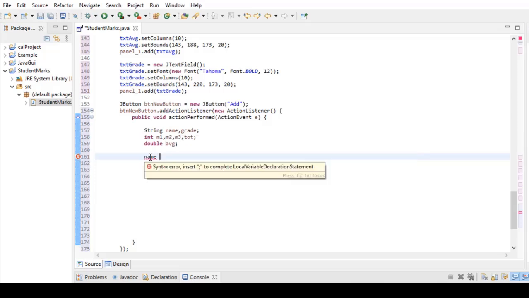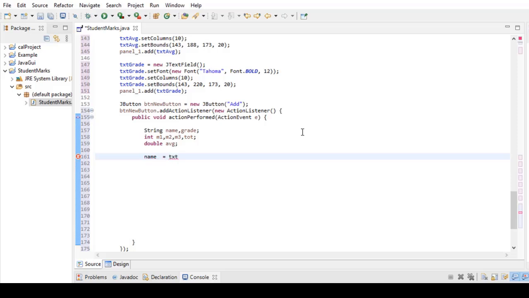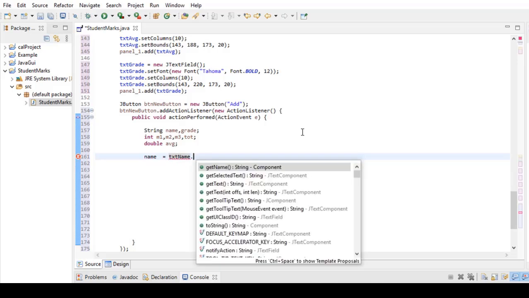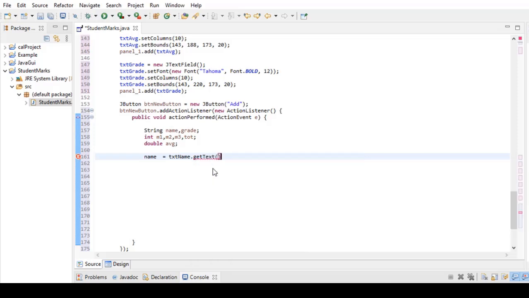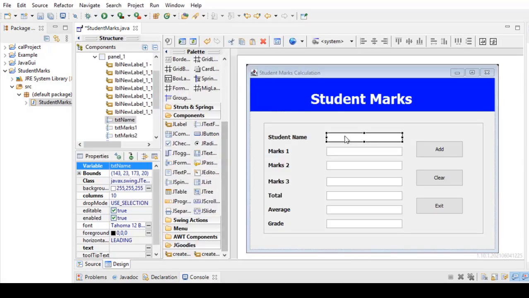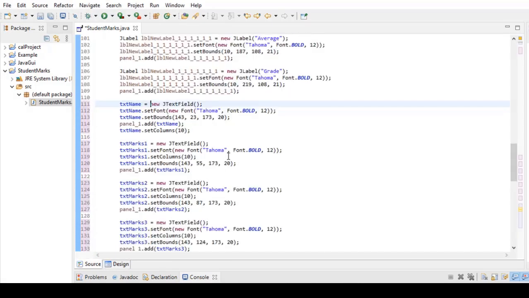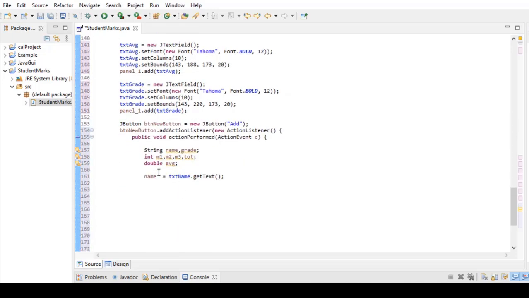We just type name equal, relevant text field name txt name, and there will be the method called get text. What I did here is, what you type on this text field will be assigned to this variable,